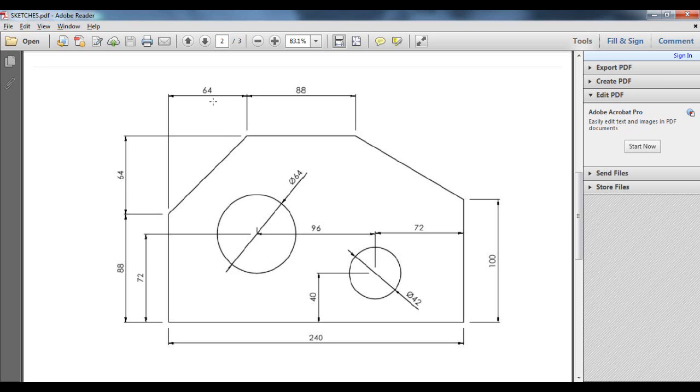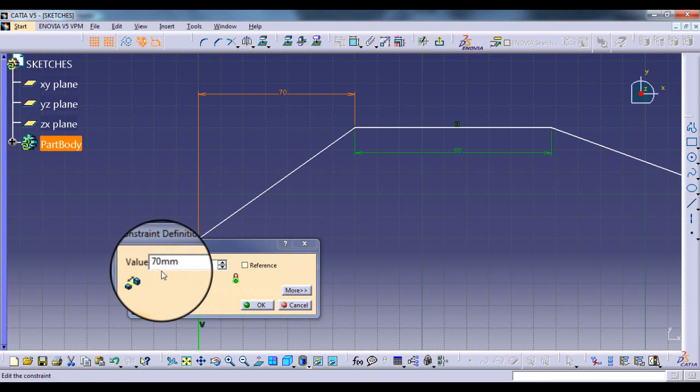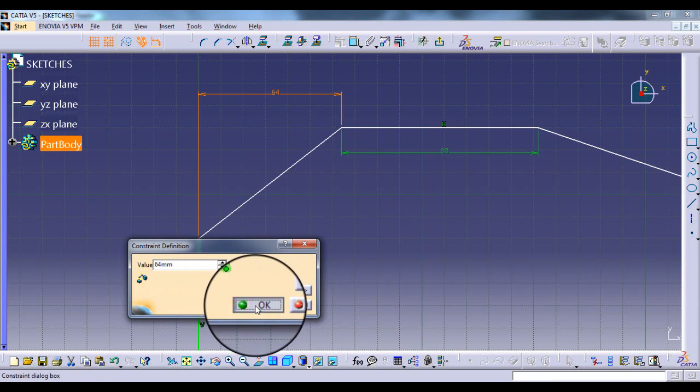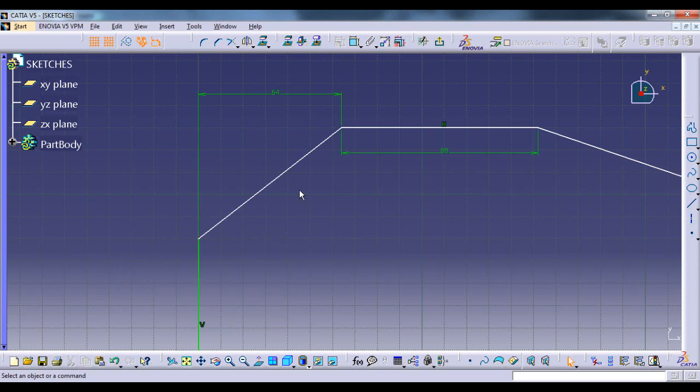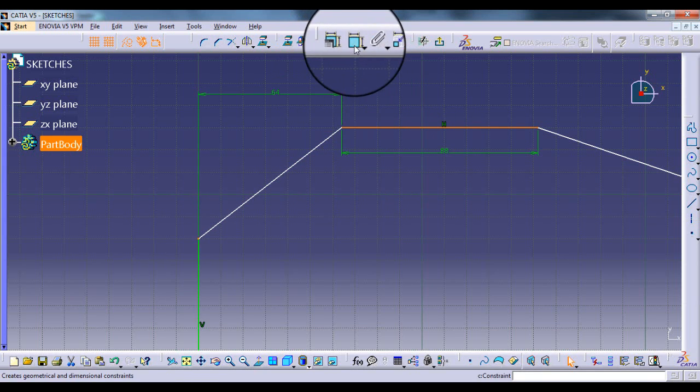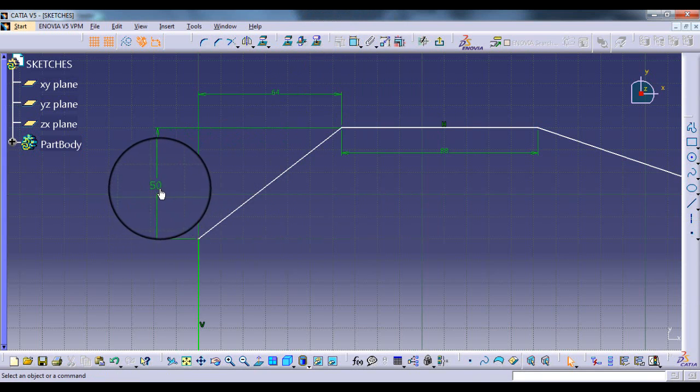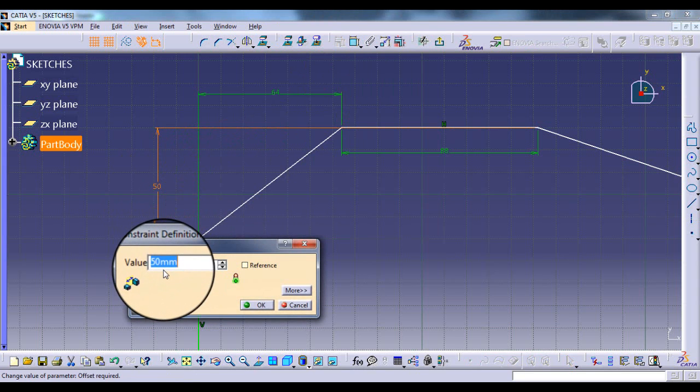So horizontal distance is given 64 mm. So we will enter this as 64 mm. Okay, similarly the vertical distance, that is the distance between this point and this line, is also 64 mm itself.